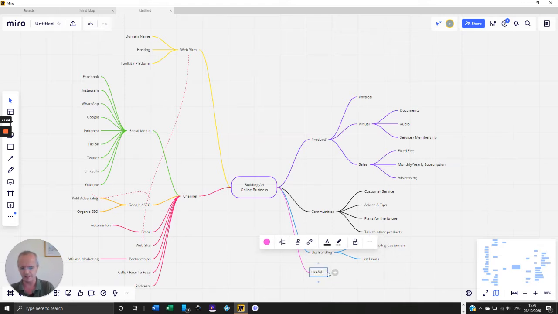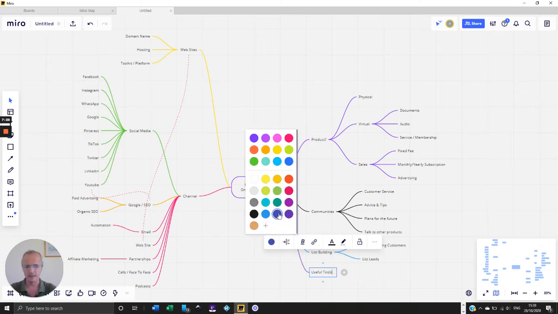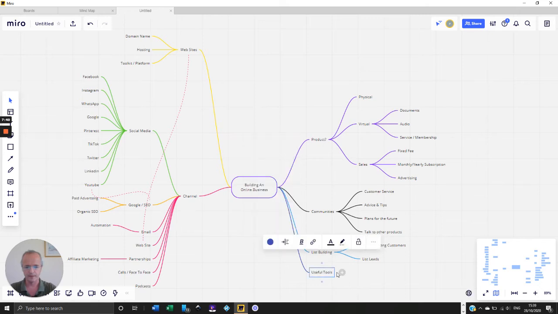And these can be broken down into many aspects as well. Let's choose a different color. Let's try this one. So we have graphics packages. In order to build websites and social media, you're going to have to create pictures and videos and other things that will allow you to create exciting and interesting visual aids to help people buy your products. So you're going to need access to a graphics package.